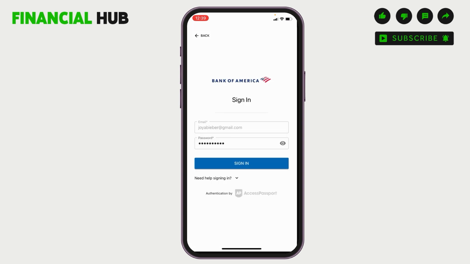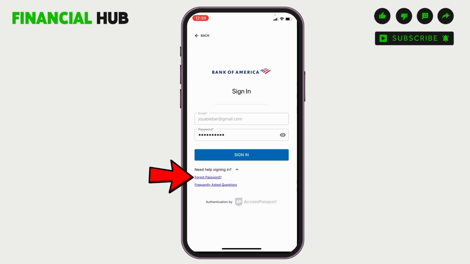Now, in case you have forgotten your password, then you can simply tap on Need help signing in. There you can see the option Forgot password. You can tap over there and they will guide you through the further steps to get back your Bank of America mobile banking account. If you have written your email and your password and you are all set to go,